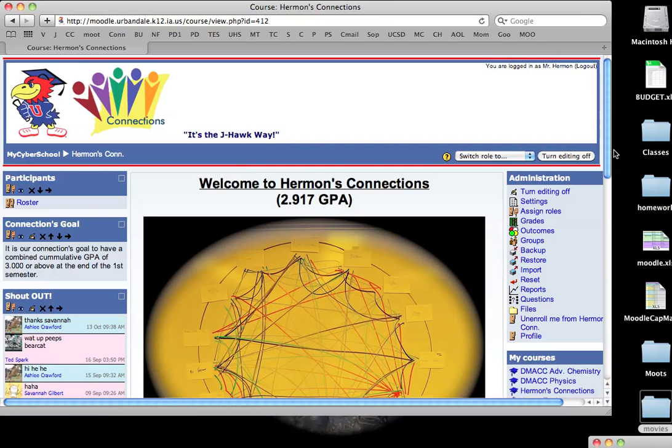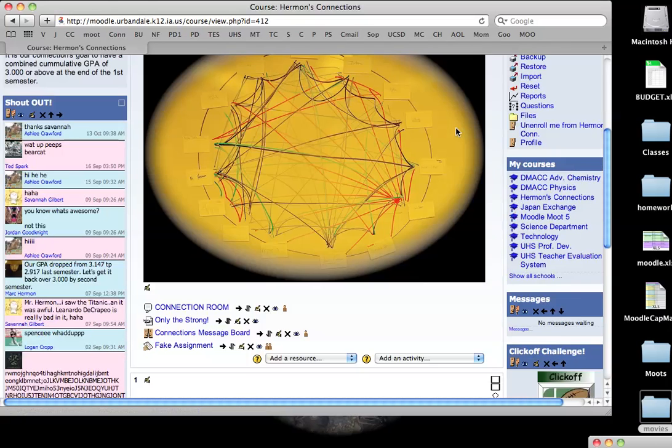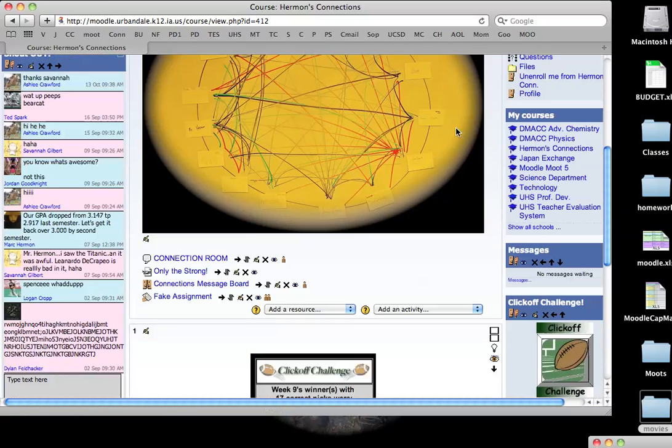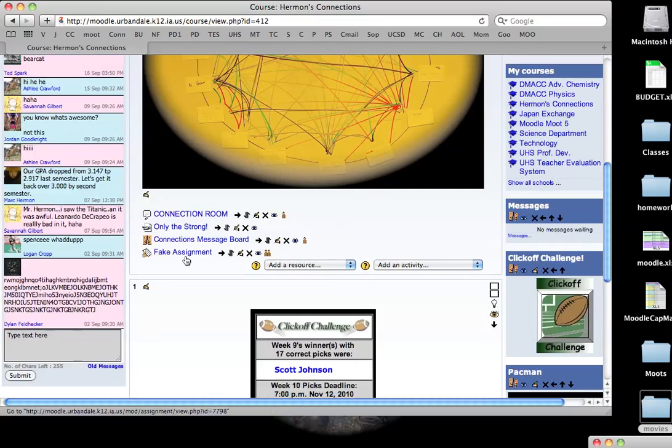All right, let's look at how we can export grades from an assignment and then import it into PowerSchool. It's very easy. I have added an assignment, a fake assignment, to my connections page. It's a fake upload assignment. If I click on that,